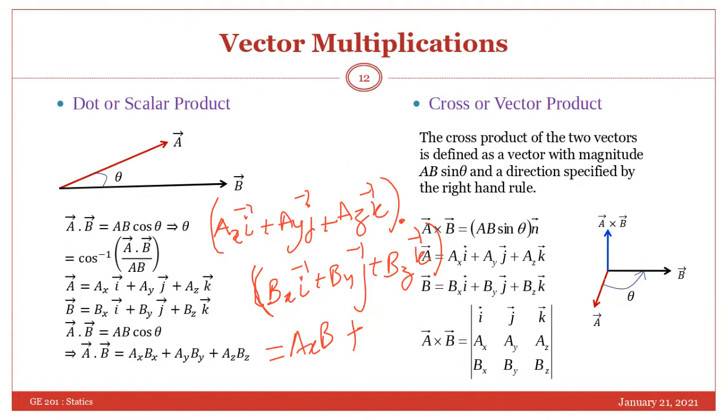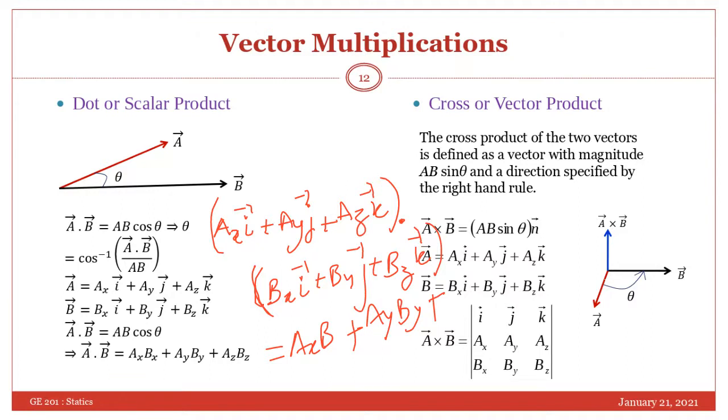Then same thing with ay: when you multiply ay with bx, j dot i will again be 90 degrees, so it will be 0. Ay and by, of course, will be retained, and j dot j will be 1, so you will have ay into by, plus then az bz. Sorry, ayj and bzk. Again here j dot k will be 0. So the answer will be 0. Nothing you will have here.